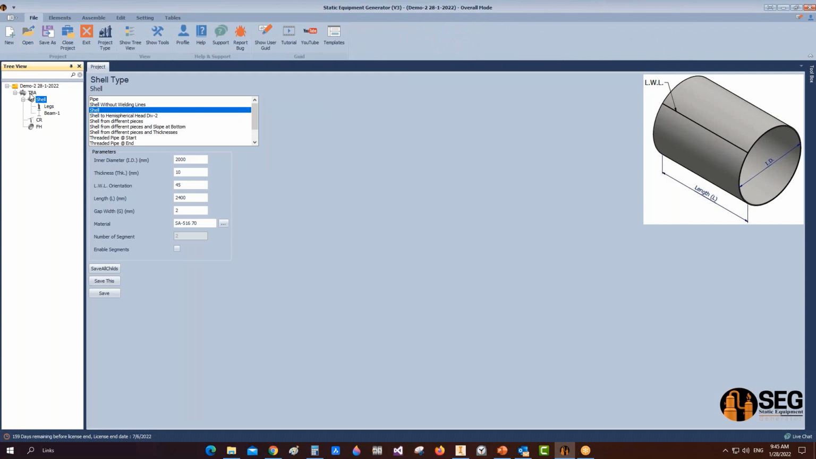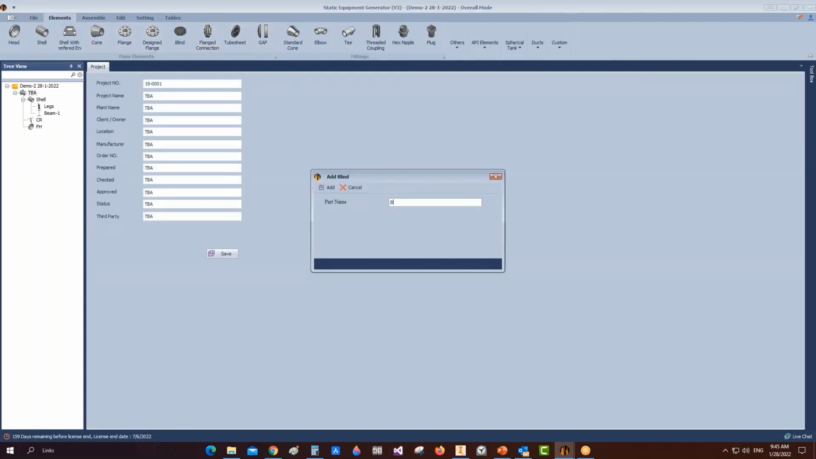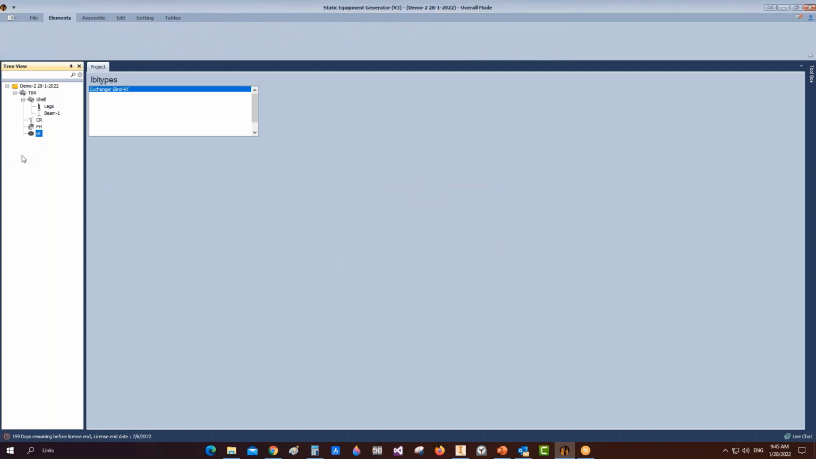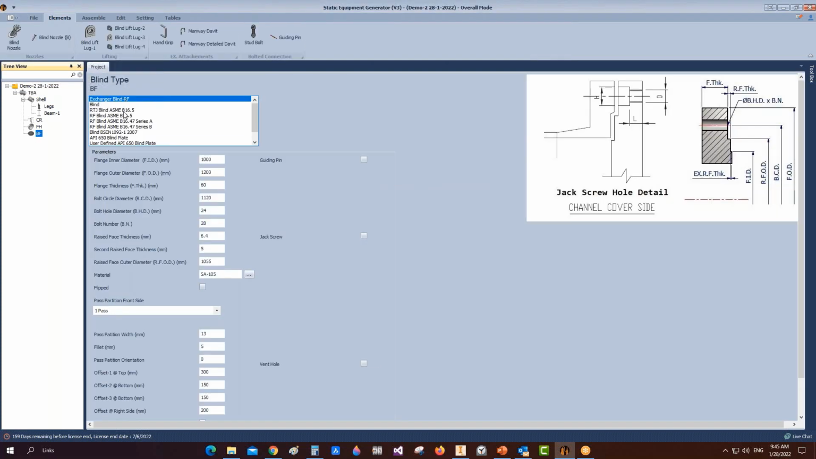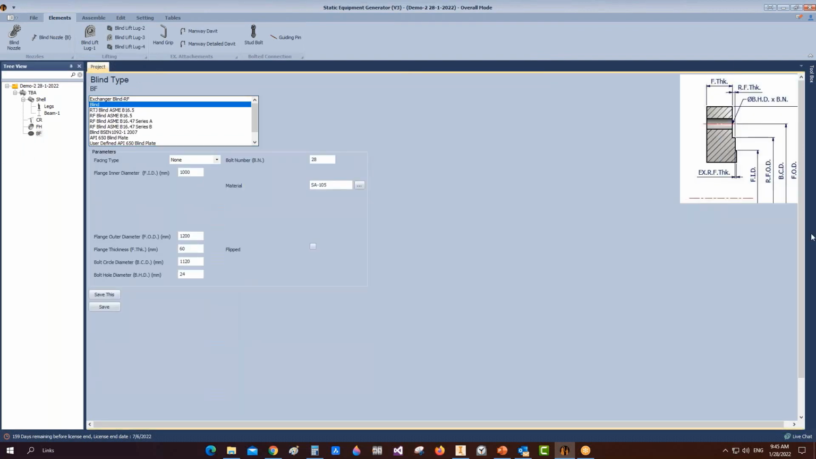and from there select the vessel, and from elements you can select a blind flange. And from the blind flange itself, you can select the blind type as user defined, and select the required type as a flange without raised face, or a flange with a raised face, or double raised face. Select the required dimensions. For example, let's define the outside diameter, the thickness as 20 millimeters, the bolt circle diameter,